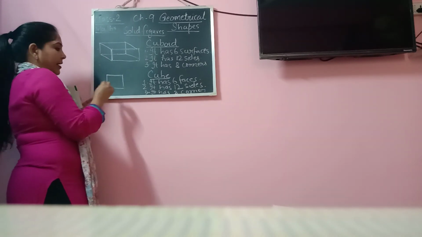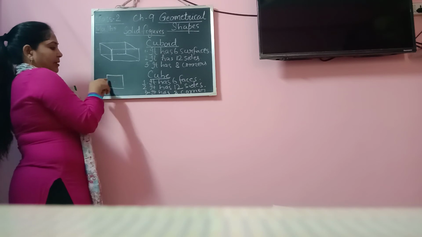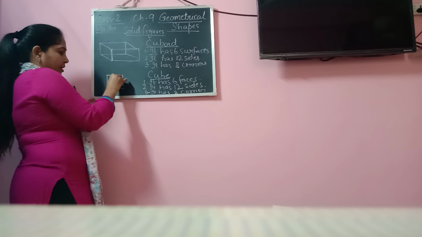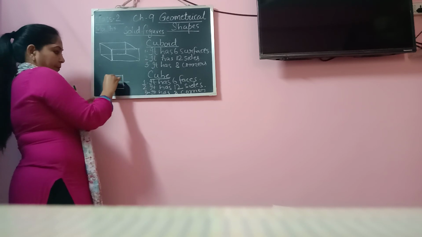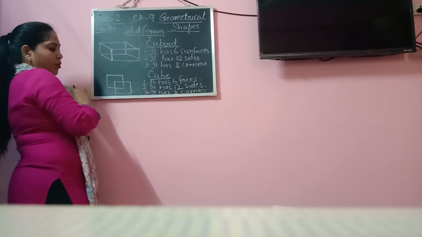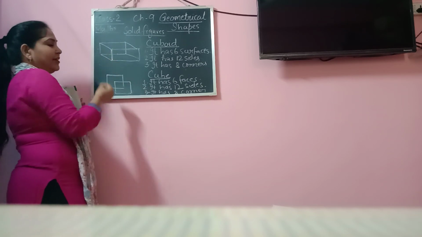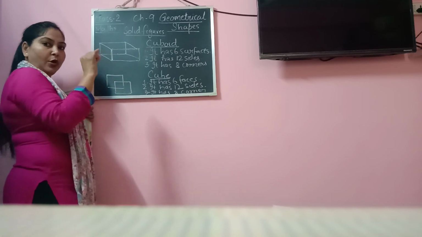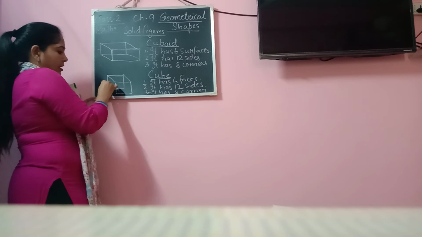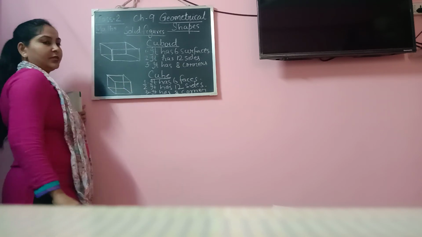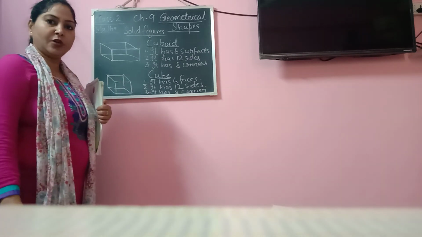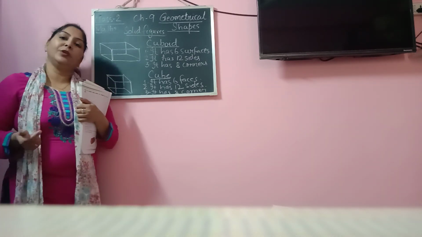So this is one square. Now from the middle of the square, suppose if it is 4 boxes, then from 2 boxes you will again draw one more square. In this way you will draw one more square. And as we have done in the cuboid, we will join all the corners, like this corner to this corner, this one to this, and this one to this. So done. Cuboid and cube, both are easy to draw. If you practice more, you will be able to do it.